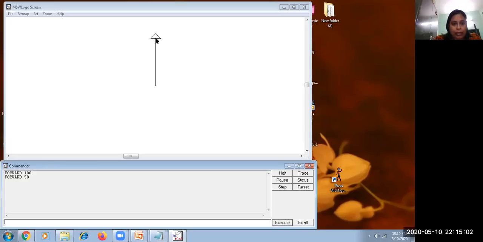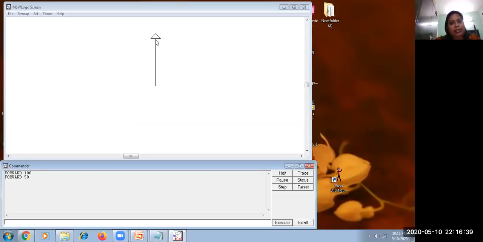So now the turtle is turning in this way. I want a right turn. What will be the command? Right turn. I want to turn, what is the command? So this is the fun over here. Whatever you want to do, you have to use almost similar kind of English as a command. The commands are already predefined. We need to learn those commands to instruct our turtle. So to turn right, the command is right.